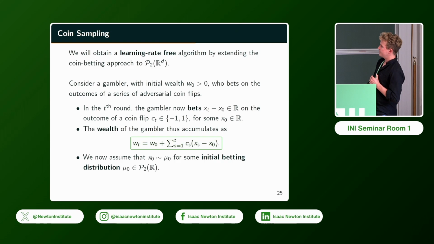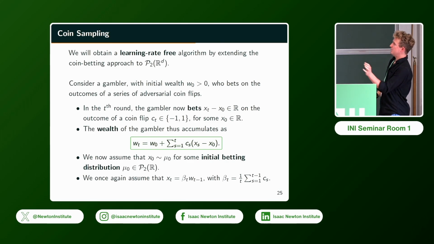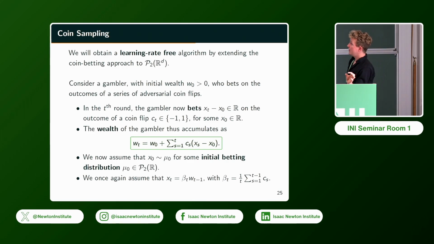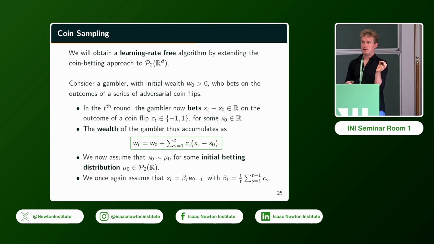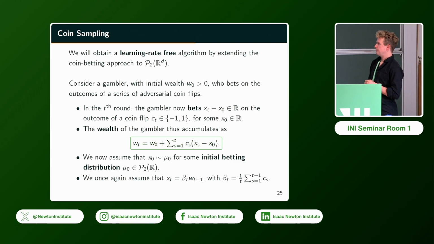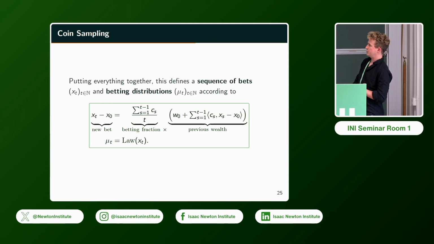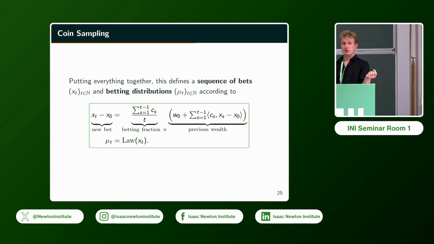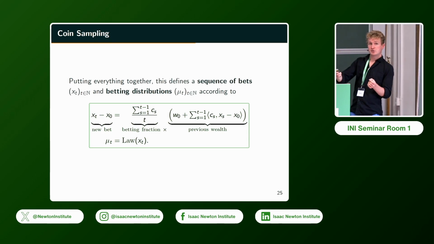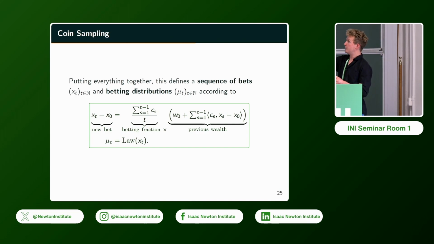So it's going to be exactly the same setup as before. Everything essentially is the same now, apart from we're going to have a slightly different bet. We're going to bet x_t minus x_0 for some initial x_0. Other than that, everything is the same. And we're now also going to assume that our initial x_0 has some distribution mu_0. Again, everything else is the same here. And putting everything together, that gives us this scheme, which again looks very similar to before, apart from everything being shifted by this x_0. So this defines a sequence of x's, and we're just going to define a sequence of measures as the law of these x's, which essentially is the push forward of the law of x_0 under this transformation.